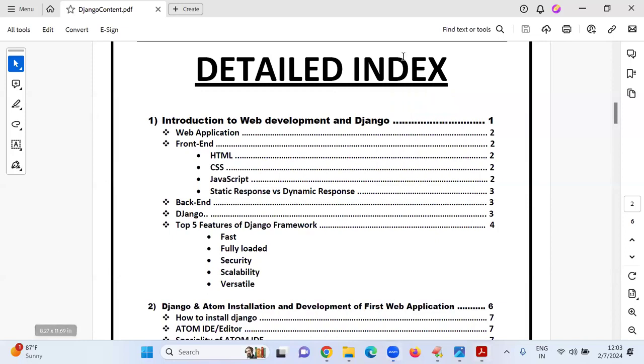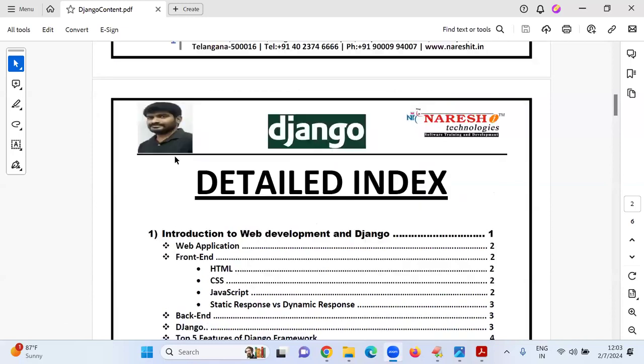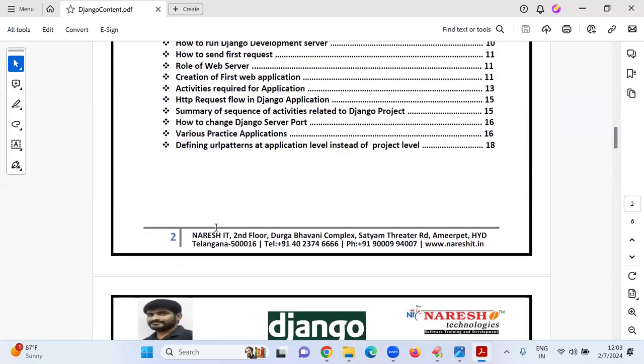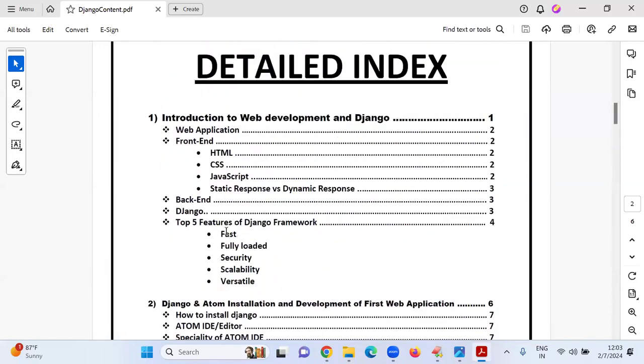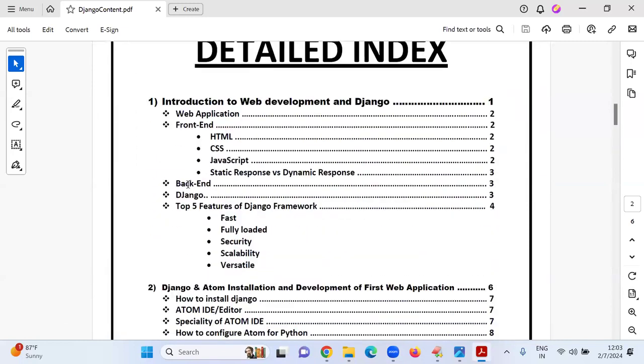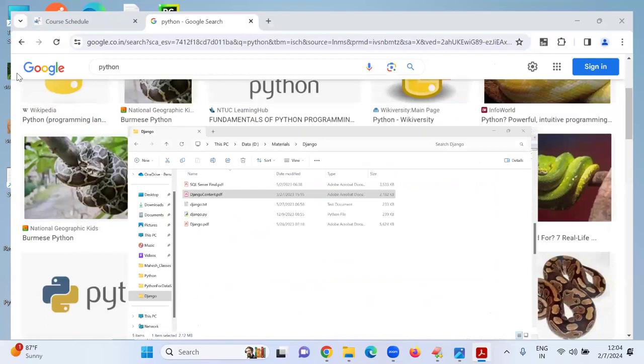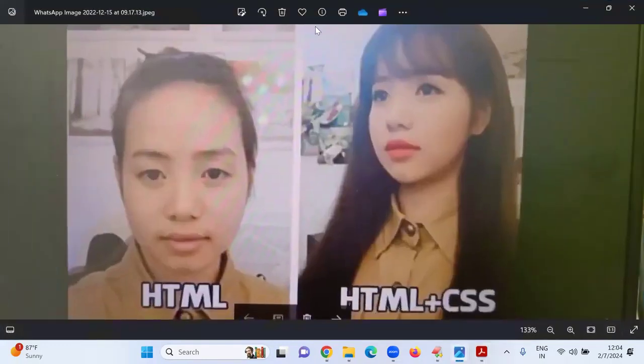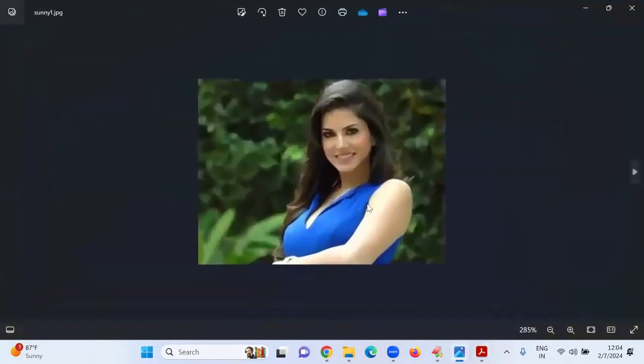If you want to, on every page there is the Naresh logo, my photo, and my address. Instead of my photo, you can change it to your photo. How much time will it take? A maximum of 5 to 10 minutes is enough. Select my photo and replace it with another photo, with Sunny. Simply, I can fill in this face instead of my face. Then automatically this material belongs to Sunny only.